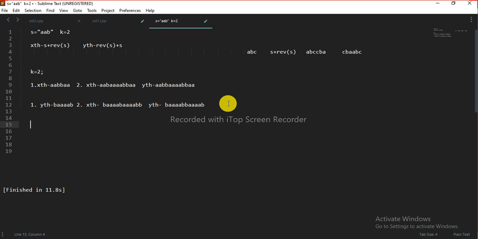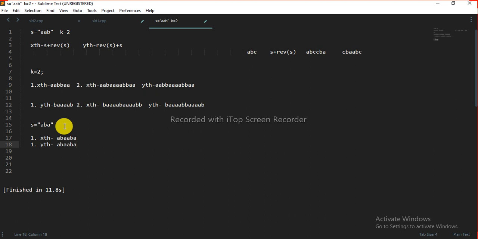Okay, so let's take some other example. For example, this string was not a palindrome, so after performing one operation on this string, it becomes a palindrome, and after that we are getting the same strings. Now if initially the string was a palindrome, and we perform the xth operation, what string can we get? We will get aba and aba. And if we perform the yth operation, we get aba and aba again.